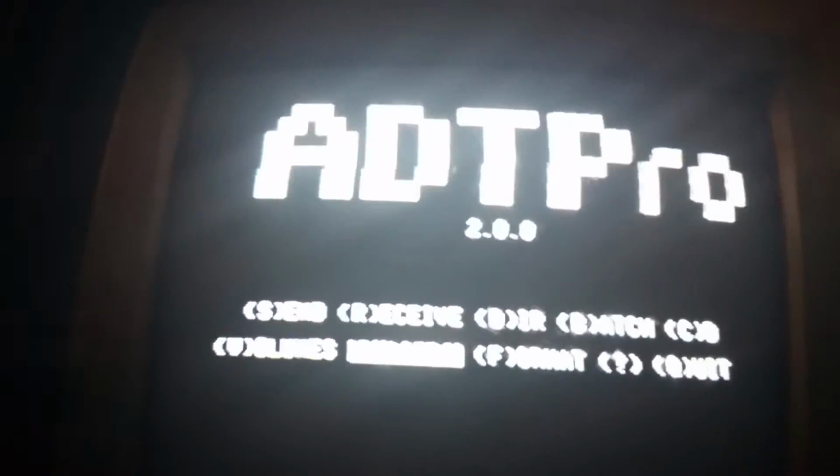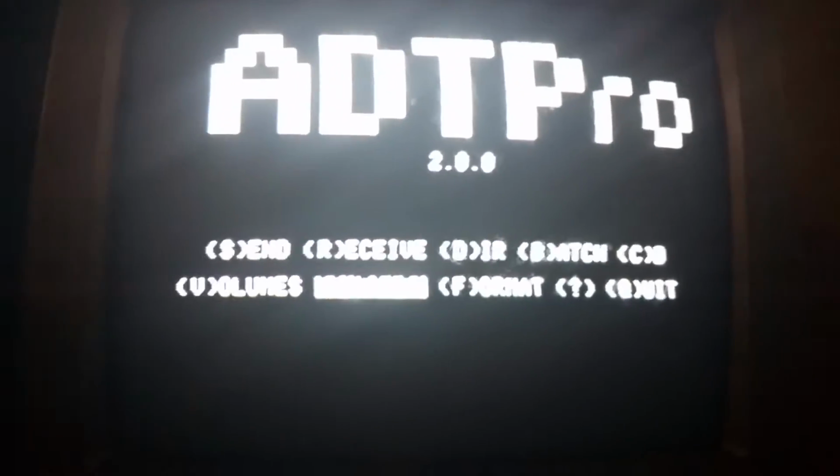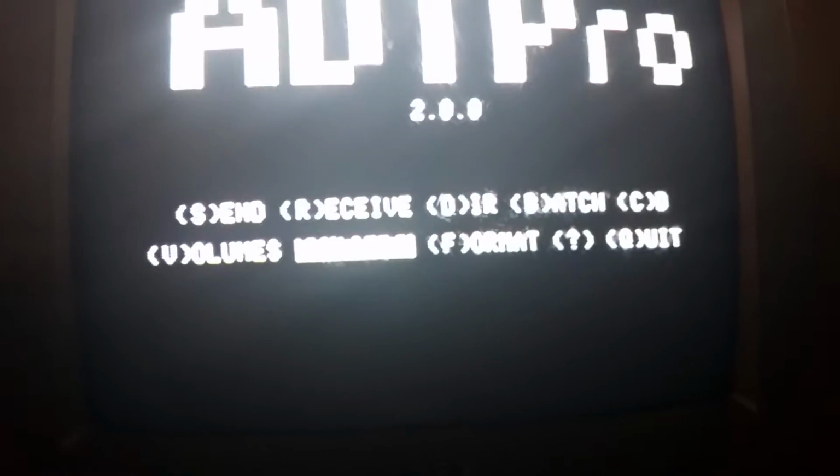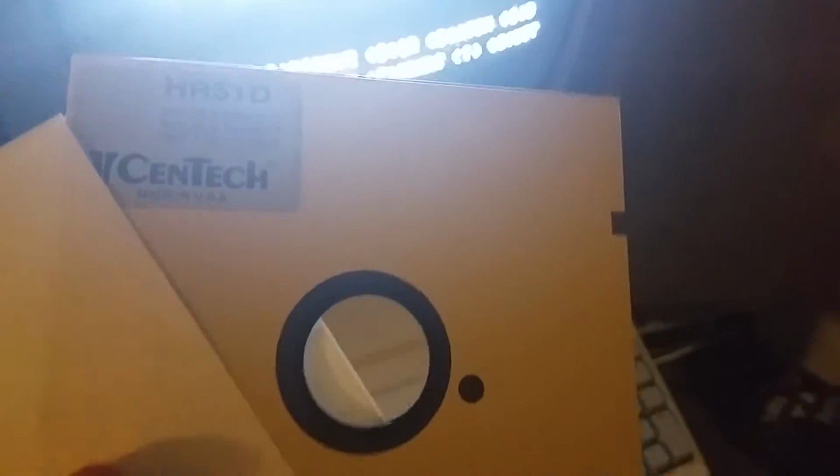Okay, so we're back at this menu. We're going to receive a game on disk. I'm going to do another jump cut, and we'll be right back to show you that. We're back with another floppy disk here. Now, you're not going to believe the game I have, and I won't spoil it for you. So what you're going to do is you take the ADT Pro disk, you store it away again, and then you take your new disk, pop it in,